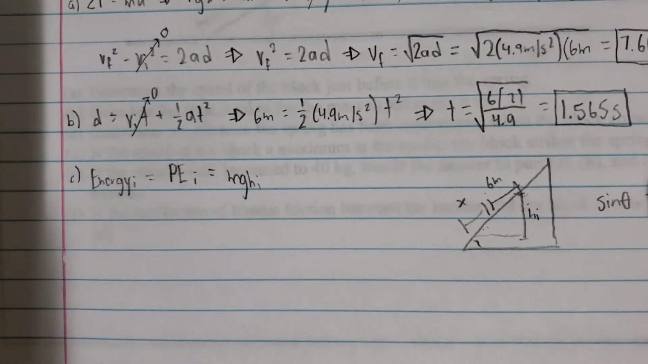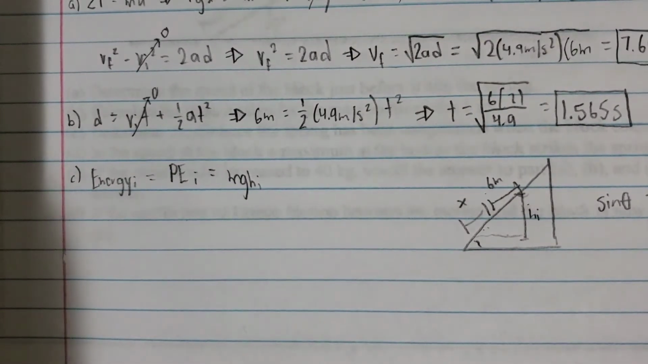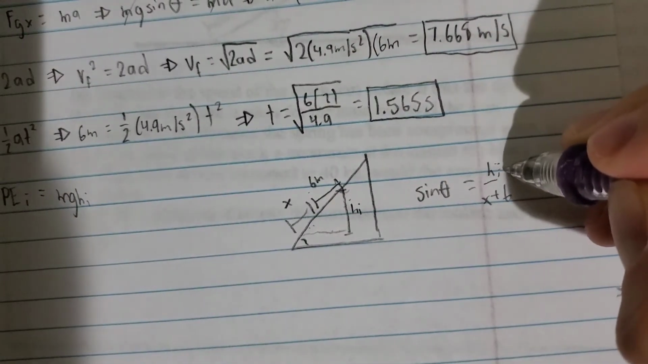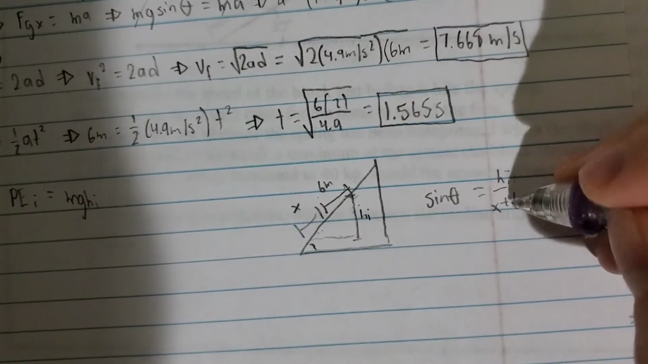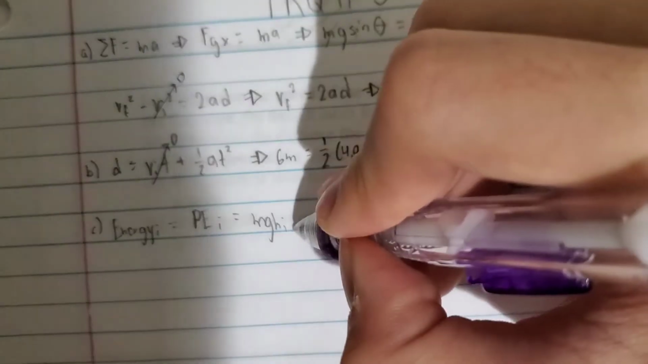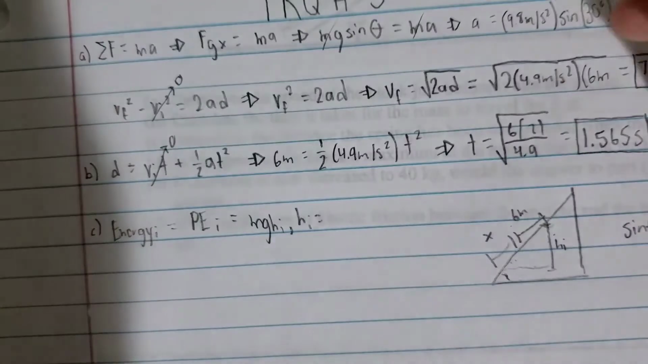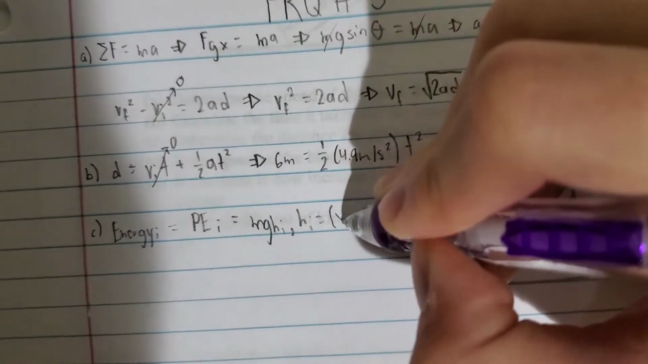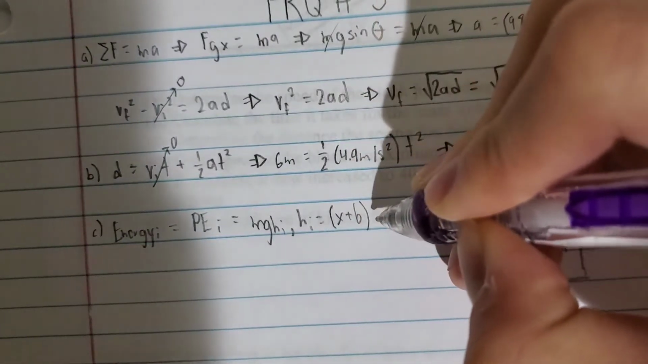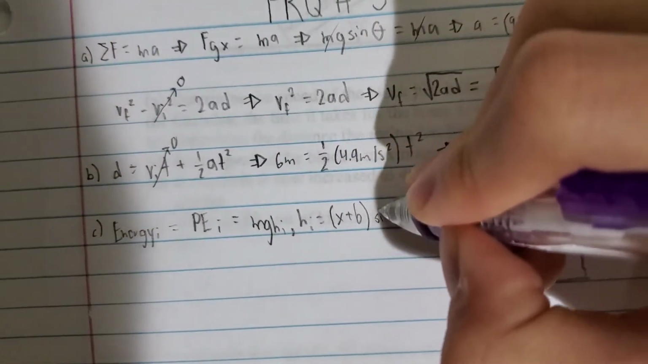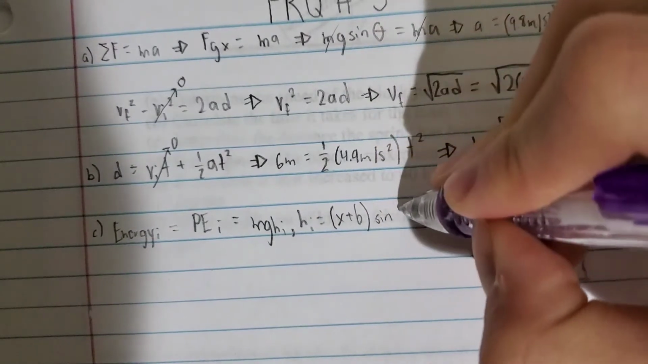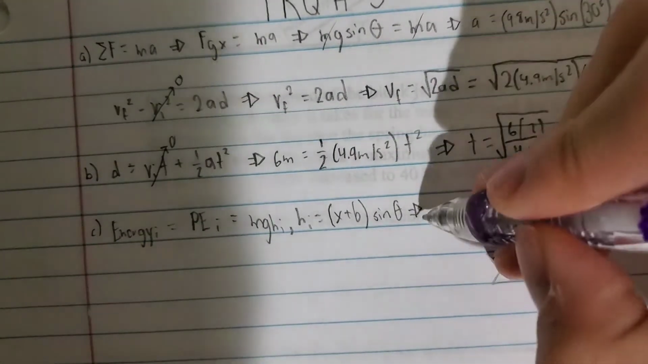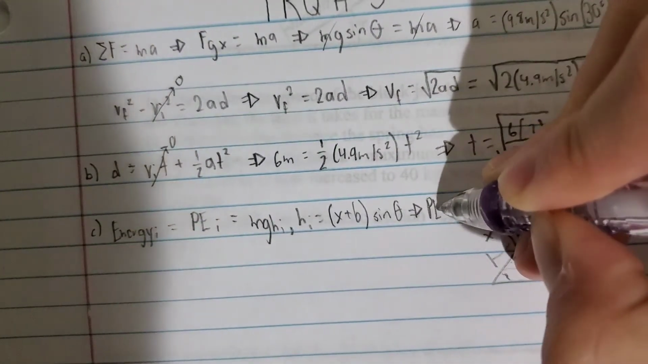So it's going to be h over x plus 6 right here. So if we want to solve for h, we're going to times this over. So essentially our h is going to be equal to x plus 6 sine theta. And so if we plug this into our equation, our PE initial,